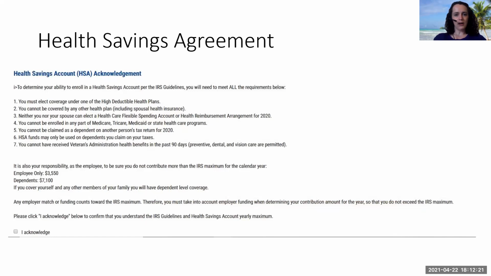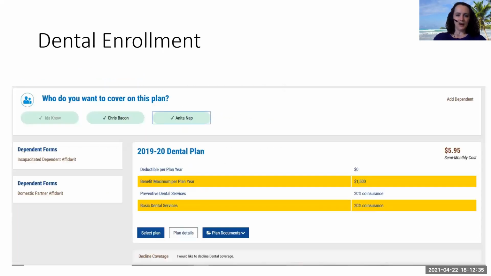If you are enrolling in a health savings account, it's going to have a pop-up of a health savings agreement saying the IRS has specific rules about being on the HSA. Do you meet all of these specific requirements? Also, when you're enrolling in the HSA, it's going to take you through the process, but in the middle there's a big long document with a bunch of text, and in the middle, it's bolded.